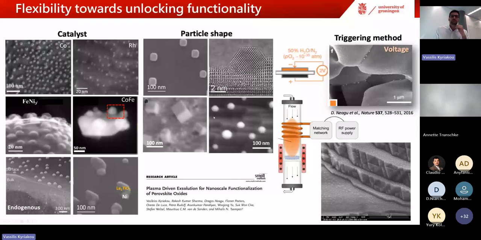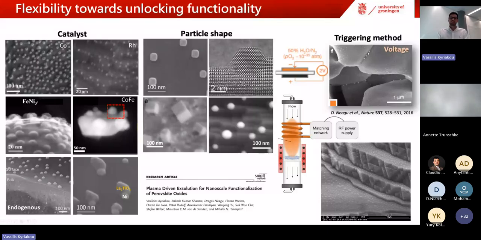So it's not the same if you reduce your material under hydrogen, under CO, or even under vacuum. Under vacuum, you had these polyhedral shapes. Here we had some spherical shapes. This is under CO. So depending on the perovskite, the element that you want to exsolve, all this can affect your shape. And besides the traditional reduction by hydrogen or by gas environment, you can achieve very